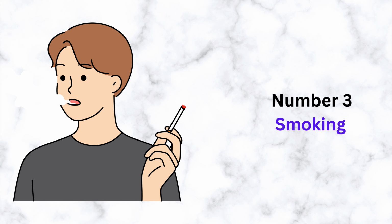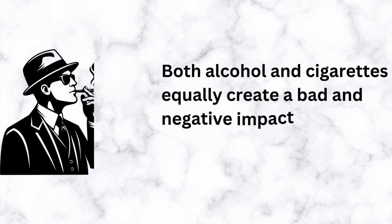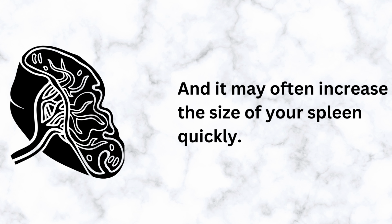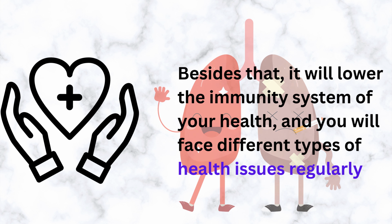Number 3. Smoking. After quitting the alcohol, it is also necessary to avoid the smoking habit initially. Both alcohol and cigarettes equally create a bad and negative impact on the spleen, and it may often increase the size of your spleen quickly. Besides that, it will lower the immunity system of your health,